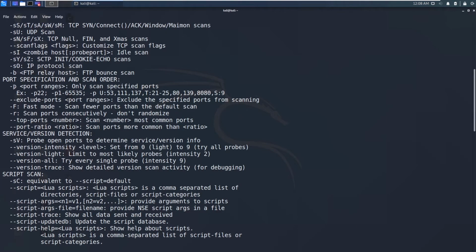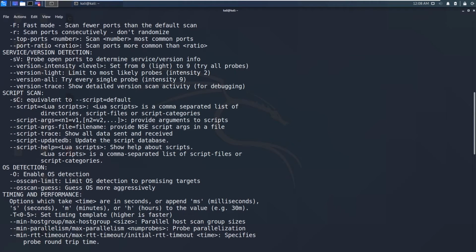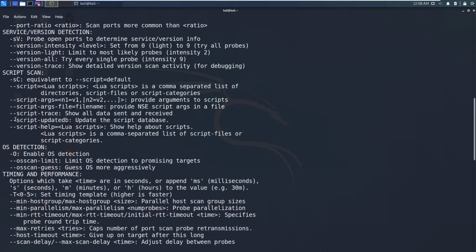And we can also specify the port ranges using the -p option, and -sV for detecting the service versions, and -sC for script scans. Nmap also supports a scripting engine, so we can use some basic scripts that are already pre-built into Nmap. These scripts will try to fetch some more information from the services. We will see that in a separate video about the Nmap scripting engine.